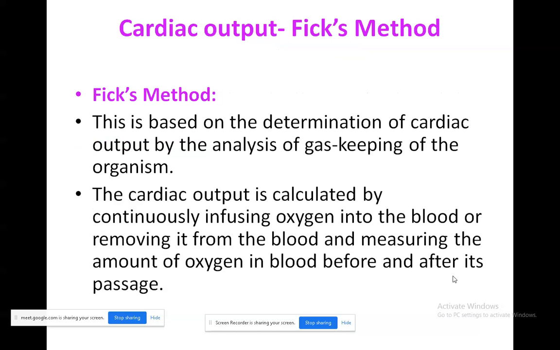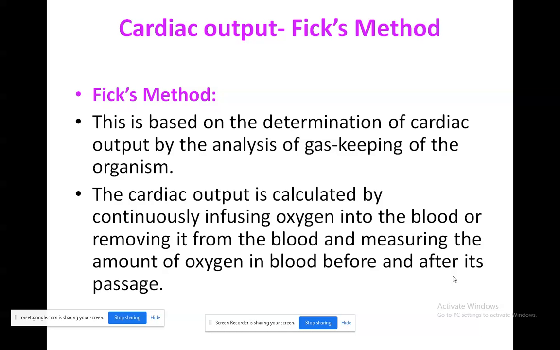So the first method, Fick method. Using the Fick method, we are going to find out the cardiac output. This is based on the determination of cardiac output by the analysis of gas exchange of the organism. Any organism which is filled with gas, while analyzing that gas concentration in the organism, is similar to cardiac output